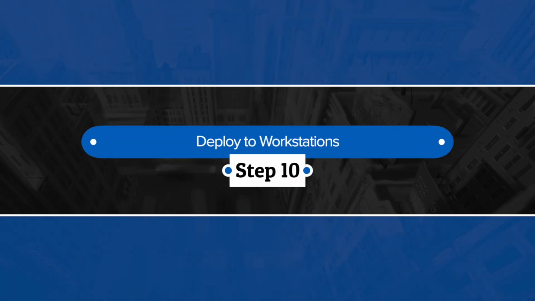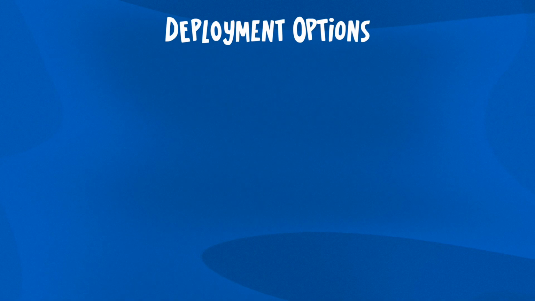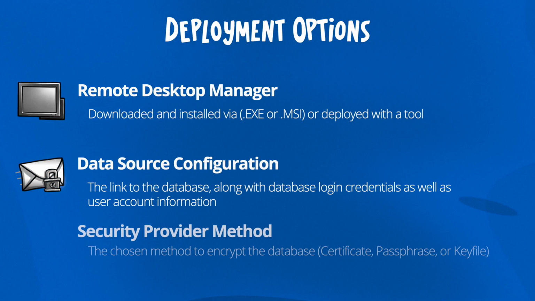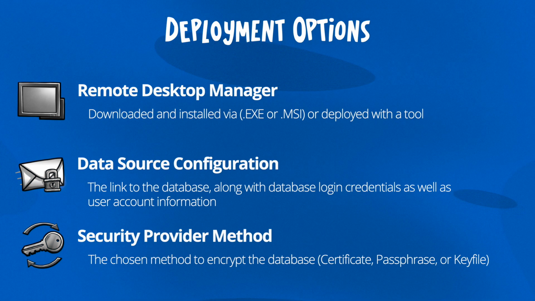So now that Remote Desktop Manager has been configured, we have to decide how we'll choose to deploy this to our end users. This process involves three aspects: the Remote Desktop Manager application, the data source configuration, and the security provider encryption method. For the installation of Remote Desktop Manager, each user could download the exe or MSI file themselves